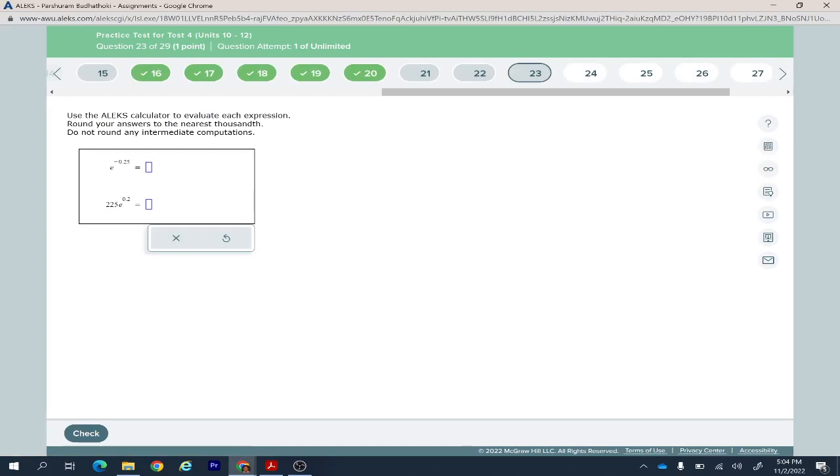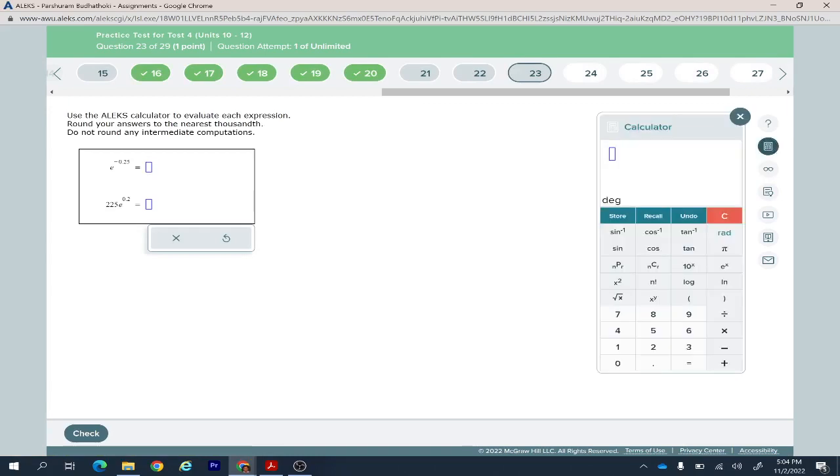Okay, what is e to the power -0.25? Just use the calculator given here. Just use e. What is e to the power negative 0.25? That's 0.77. Do not round any intermediate step. Round your answer to the nearest thousandth, meaning use 3 decimal places: 0.778. But when you round to the third decimal, you also have to look at the fourth one. If it's more than 4, then you have to round up, so this 8 becomes 9, so the answer is